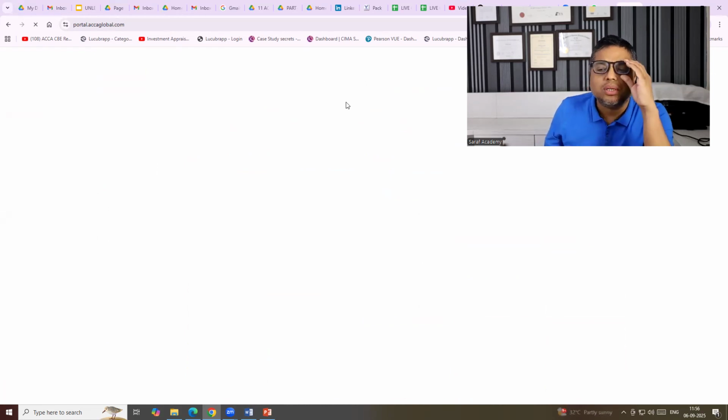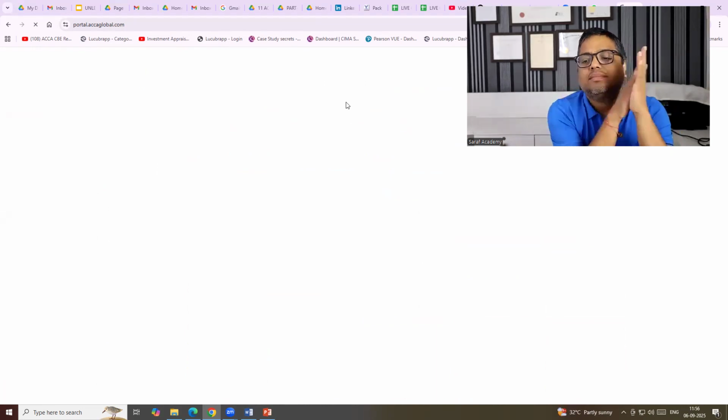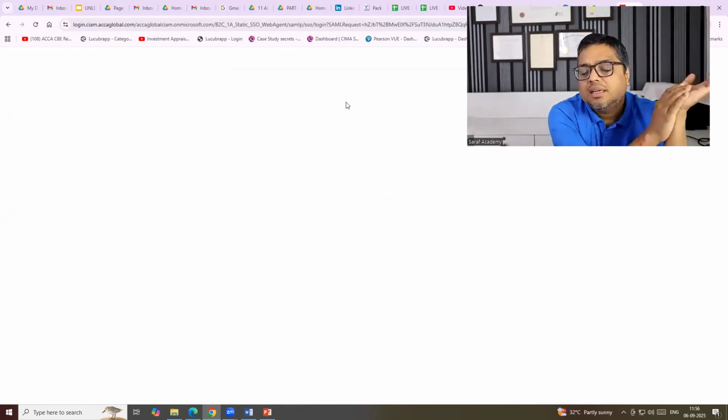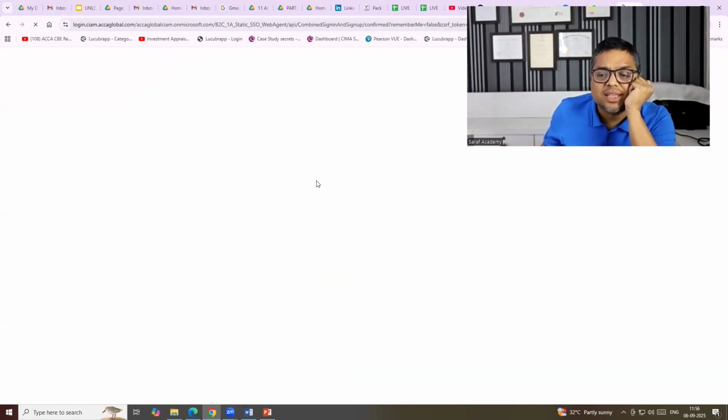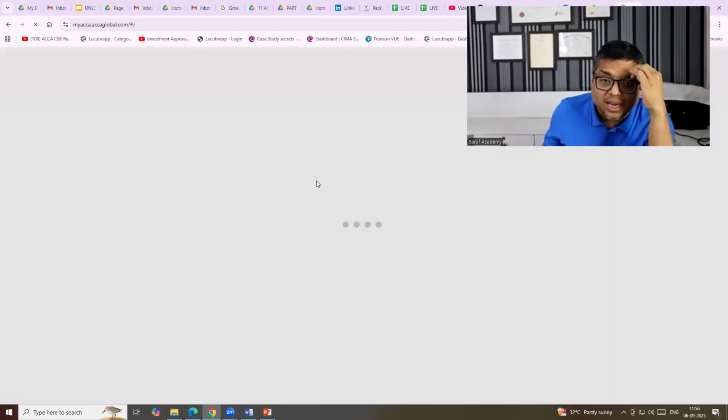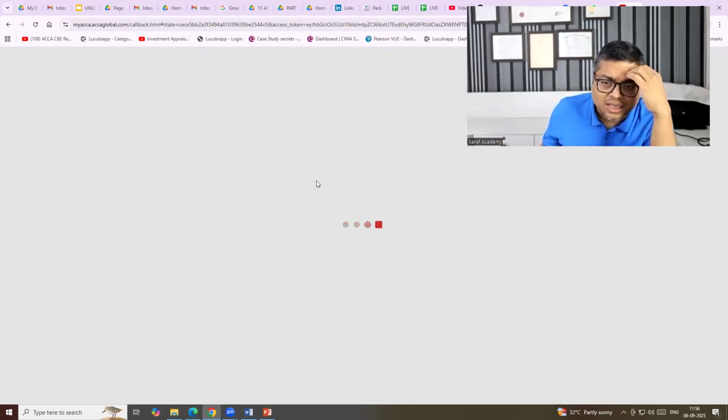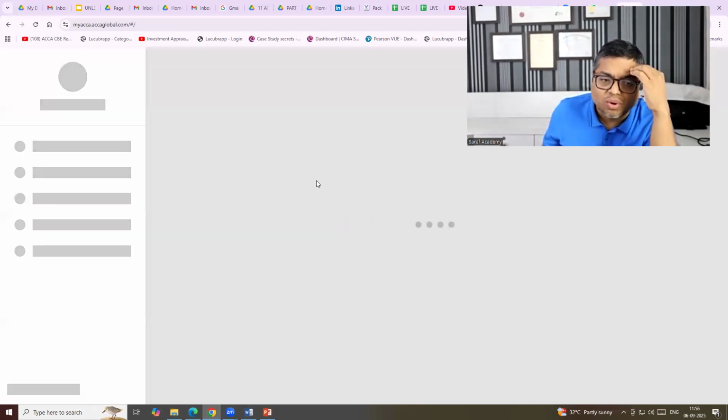I need to use my ACCA ID and password. I think normally the IFRS student also has an ID and password. You can use your ID and password with the ACCA institute, whatever you have, and then you go inside this platform. For Diploma IFRS, that is not required. But for the ACCA curriculum, this is required. A student needs to be a registered student of the ACCA curriculum.